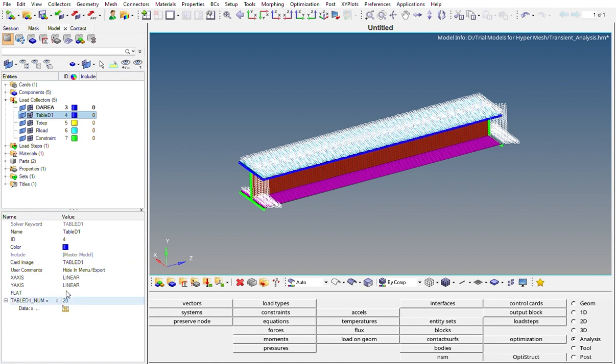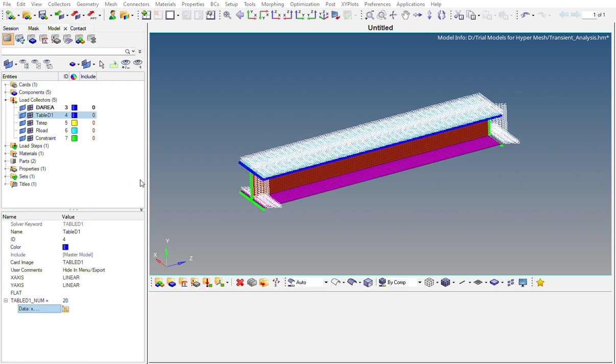So what this load collector is, basically, as I told in the starting, in transient, the load is varying with time. So in this load collector, we'll basically give the data points, like how the load is varying with time, right? If I can just show you, here you can see table D1 num equal to 20. That means there are 20 data points here, and this table will contain the data, right? So if I can just bring it to the center,